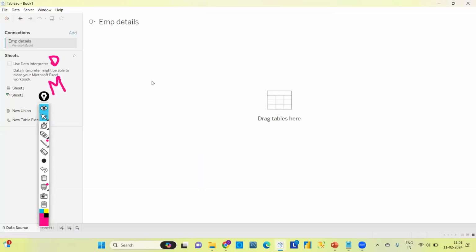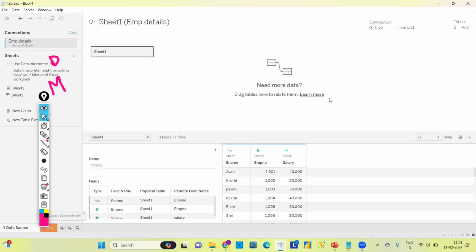Once we select the file, this is the page we can see. In our Excel file, there is only one sheet. Towards the left, under connections, you can find we are connected to the Microsoft Excel employee details file. At the bottom you can find the sheet. We can simply drag this sheet and drop it here, and the data will be connected.